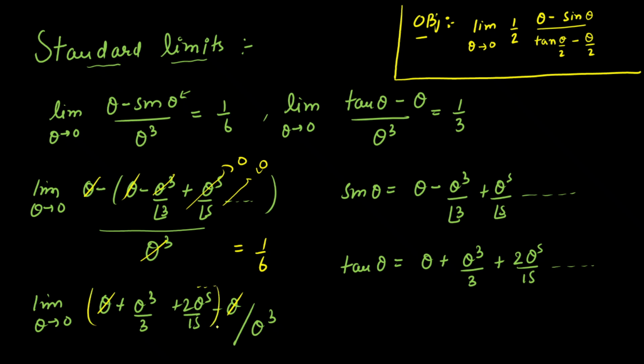I forgot to mention the bracket. Now theta cube will cancel out with this theta cube, okay, and the remaining terms will contain theta. So as theta is tending towards 0, the remaining terms will be 0, and I'll get the answer as the coefficient of theta cube, that is 1 by 3. So I have proved these two limits are 1 by 6 and 1 by 3. Now I'm going to calculate this limit, a theta upon b theta, theta tending towards 0, in the next slide.